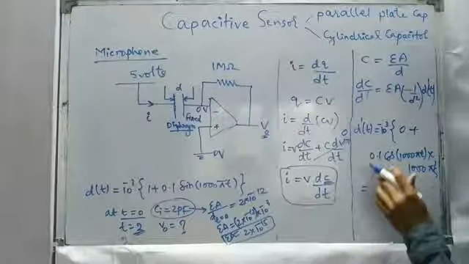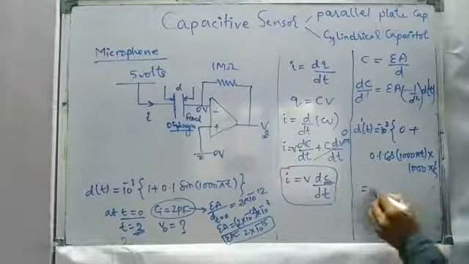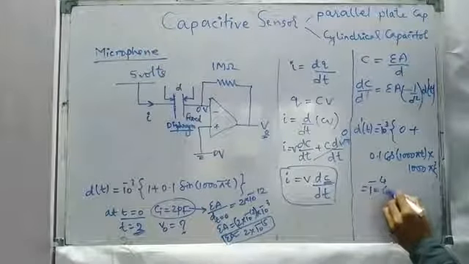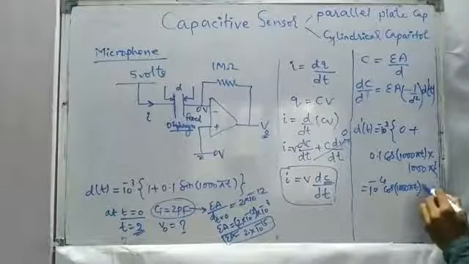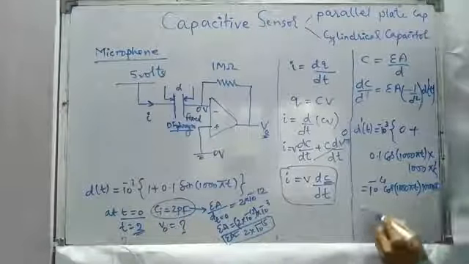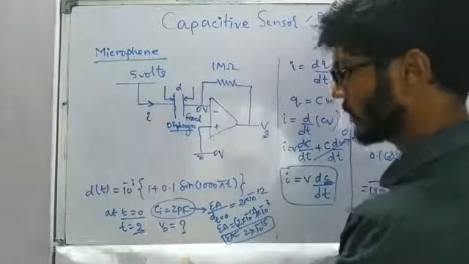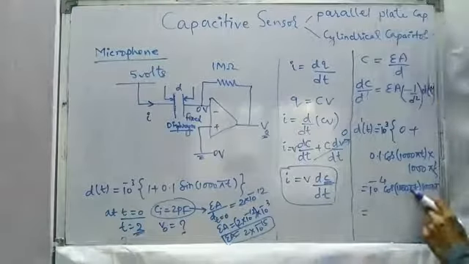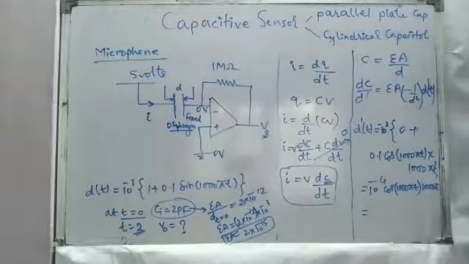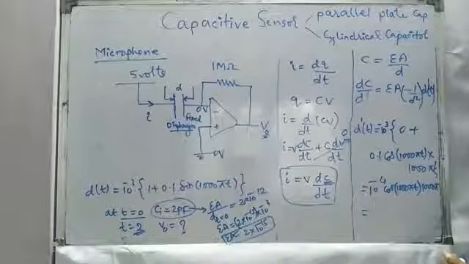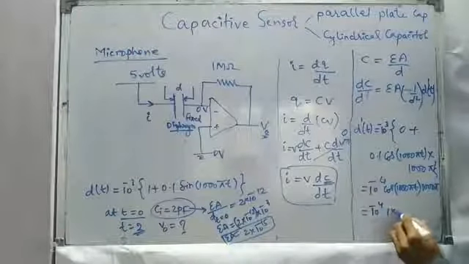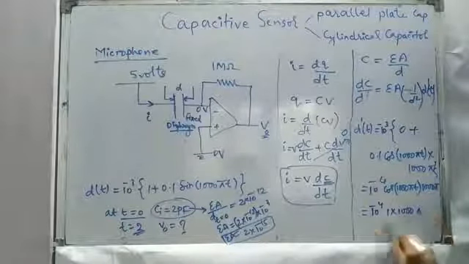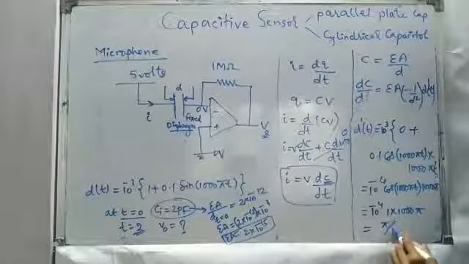So this will be 10 to the power minus 3 into 10 to the power minus 1, which is 10 to the power minus 4, cos 1000 pi t into 1000 pi. As we are interested at t equal to 2 milliseconds, if we put the value at t equal to 2, this is going to become cos 2000 pi, which is an even multiple of pi, so it is going to be 1. So 10 to the power minus 4 into 1 into 1000 pi. So this will become pi by 10.